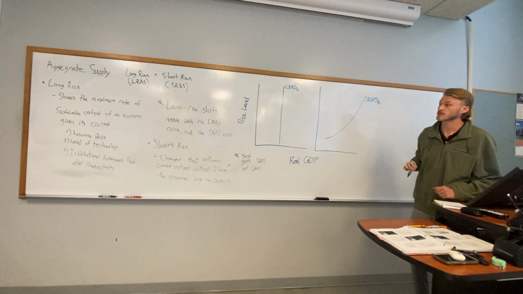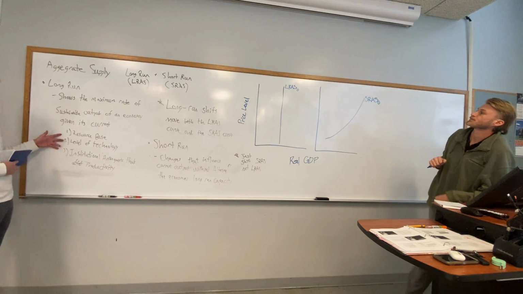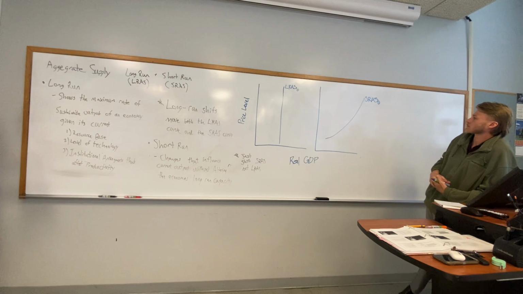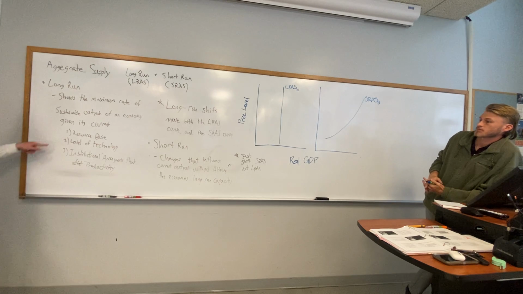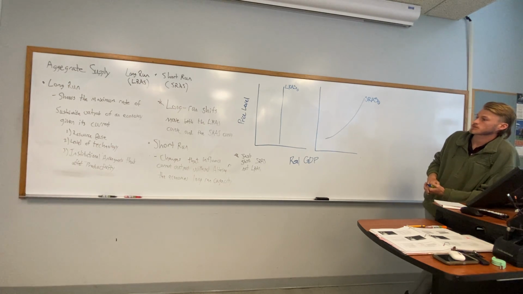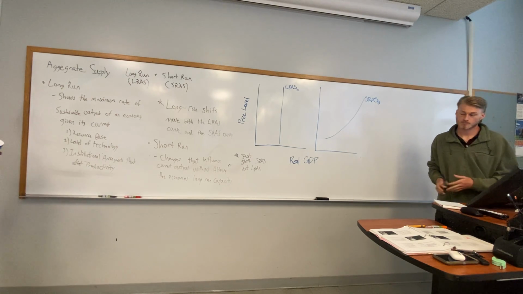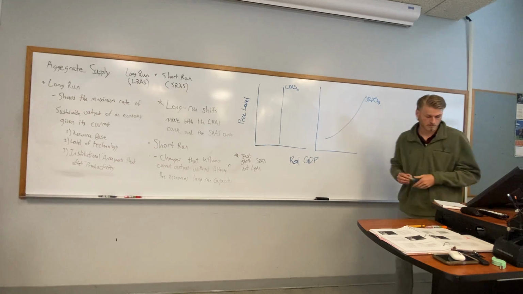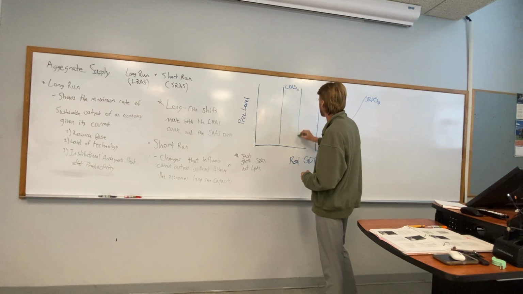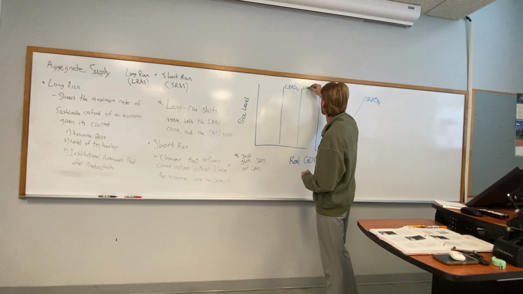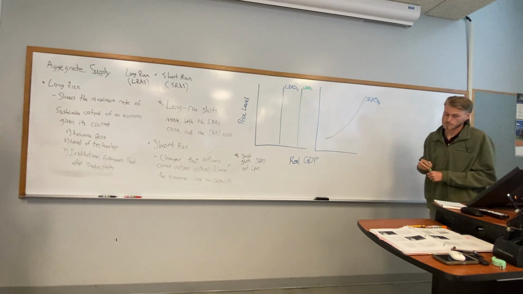And now let's go through your changes. Yeah, so for the long run, let's just go over the long run real quick. There's these 3 right here, right? These ones are pretty easy. I don't have a lot about them. But it's the resource base. So in your economy, if you expand your capacity for your resource base, that long run aggregate supply is going to increase and shift right. If you cut back capacity, you move left, of course, so you do the opposite direction.